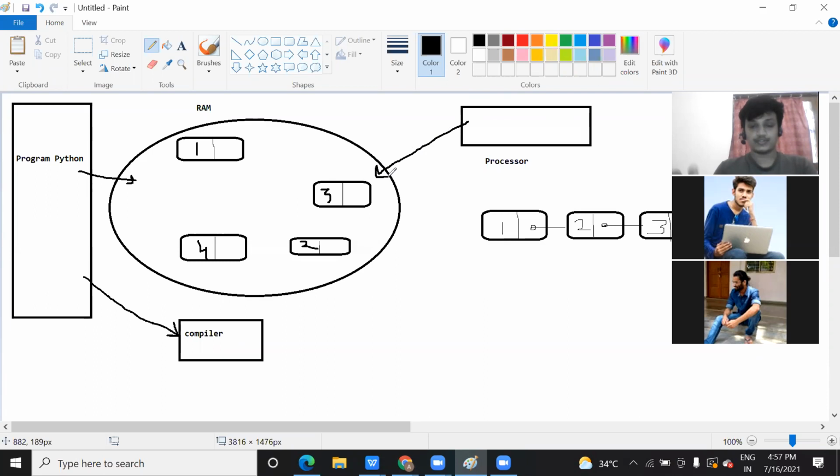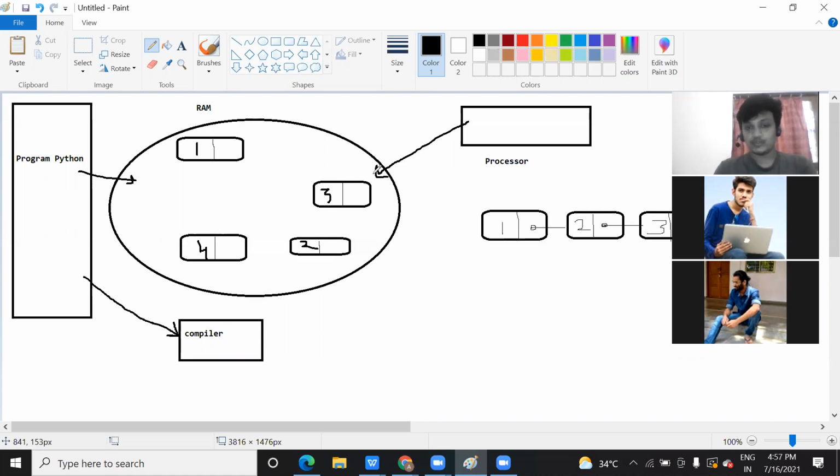Let me once again explain the whole scenario. When you write a Python program, you save it somewhere, maybe in a hard disk, on the desktop, or in downloads, right? So when you double click on it, first what happens? Your program will come to your RAM, because unless it comes to the RAM, it won't execute.